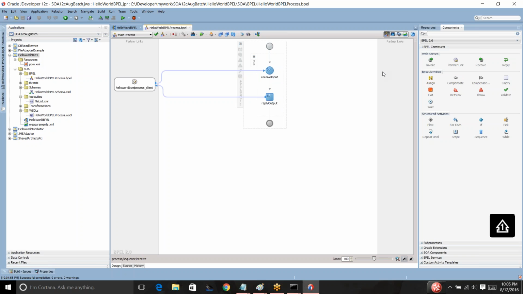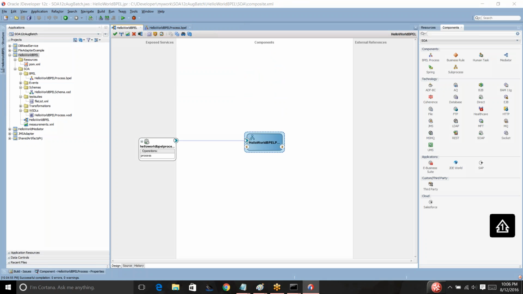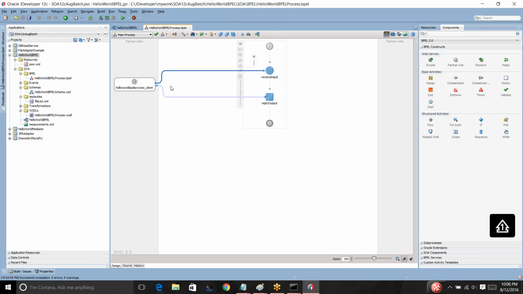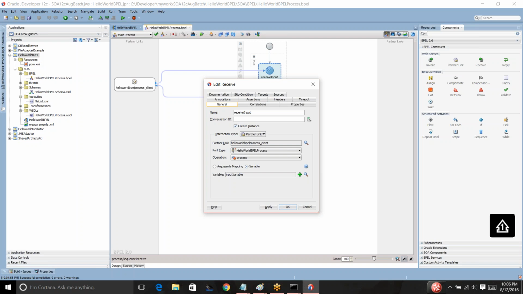Receive is basically you are receiving a request. So in this case, what is the request that you are receiving? Whatever I'm sending through the web service, it is getting the request, right? So a receive activity would receive your request. You can see the arrow also coming from the client. And if you double click on the receive, the main thing that you need to observe for now is the operation name. By default it would be process, but the major thing that you need to observe is this one,